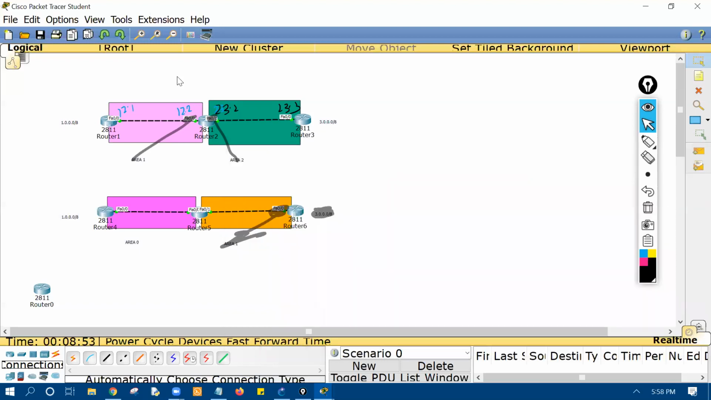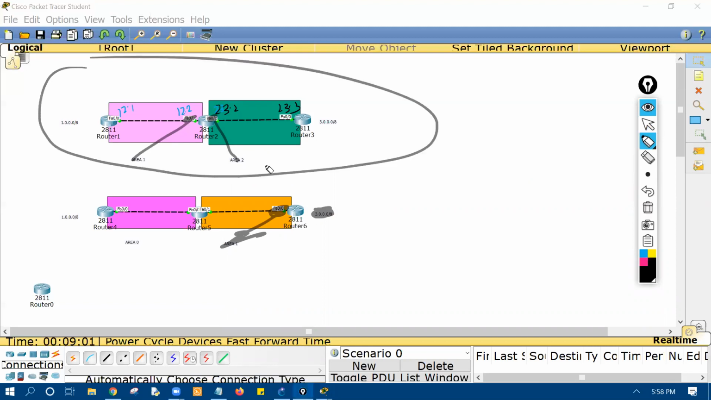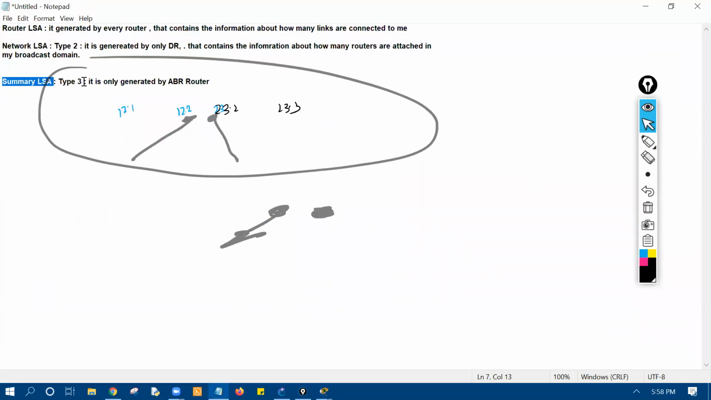What happened? Do we have any area 0 over there? No, I don't have an area 0 in the first case. In this case, I don't have an area 0. I have an area 1 and area 2. The condition, what I told you, the summary LSA, this summary LSA type 3 LSA, is only generated by the ABR router. And the condition to become the ABR router,